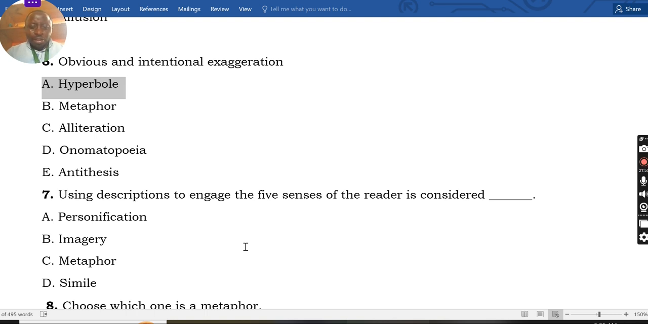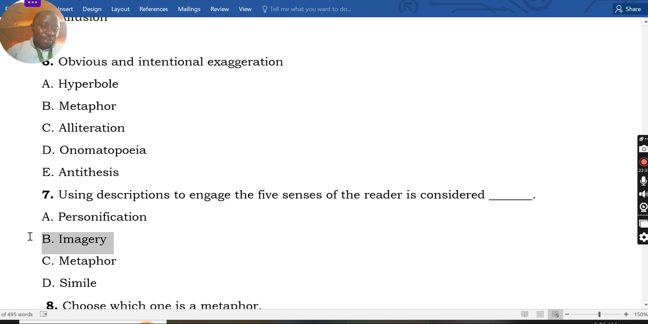So now you can use nose to smell. We can use eyes to see. We can use ears to hear something. We can use skin, right? Yes, touching. We can use even tongue to taste. Oh, that is 5 senses. So now when we use one of these, you come to say 5 senses. So that is the best answer here